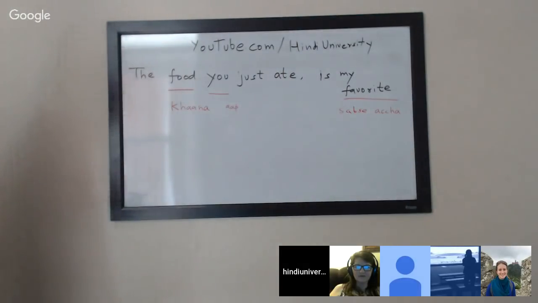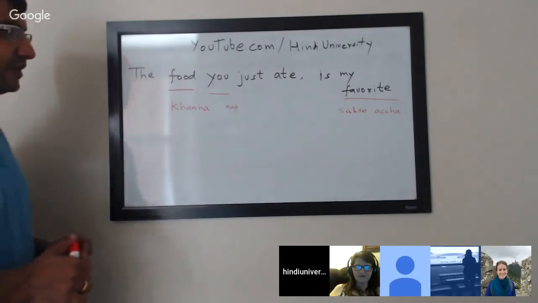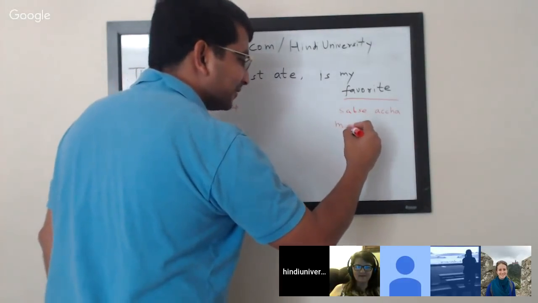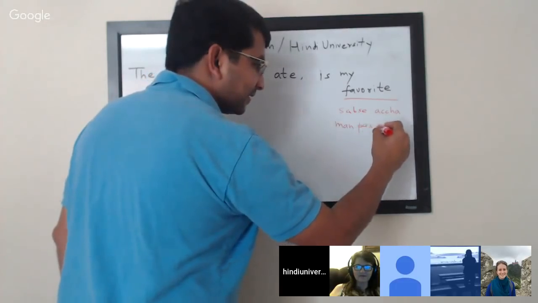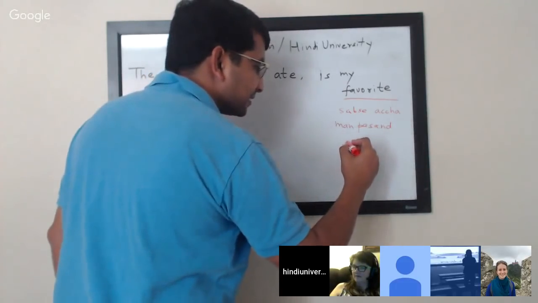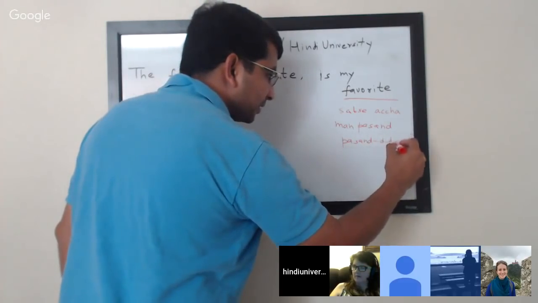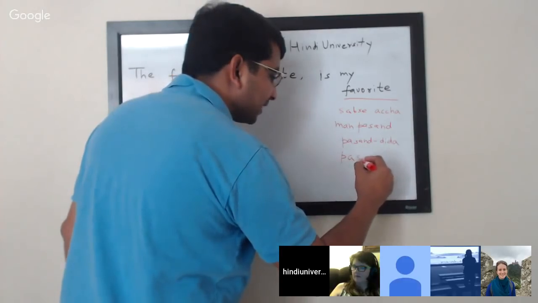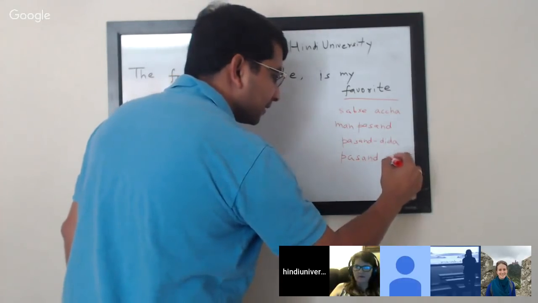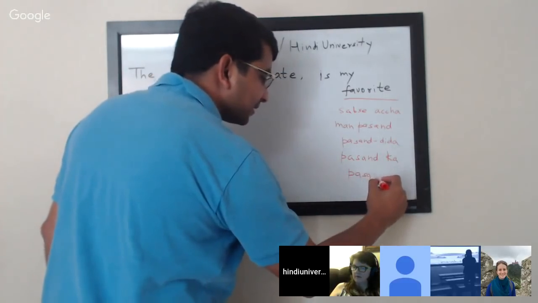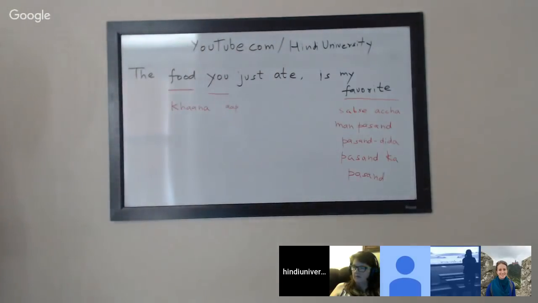Chelsea ji? You can, yeah, go ahead. You can also say manpasand for favorite. Manpasand. Very good. You can say manpasand, or you can say pasandida. Pasandida, one word. You can also say pasand ka. And based on how you're saying the sentence, you can even say pasand, if you're using the mujhko somewhere in the sentence. Okay, so